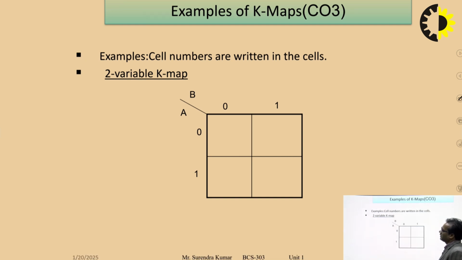Or this is a blank map. If you have a function having 2 ones in the given map, how can we combine these 2 ones with the help of pairing? And how can we convert this into a Boolean expression? So the Boolean expression is, we check the no change